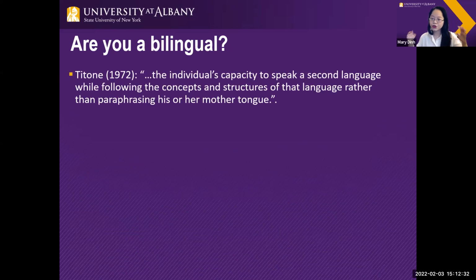So according to, there are a lot of definitions out there, but according to Tong, he says something like this. As a bilingual, it means that an individual has the ability to speak a second language while following the concept and structure of that language rather than paraphrasing his or her mother tongue. So to a certain extent, I would say that in the case of international students, they can come here and